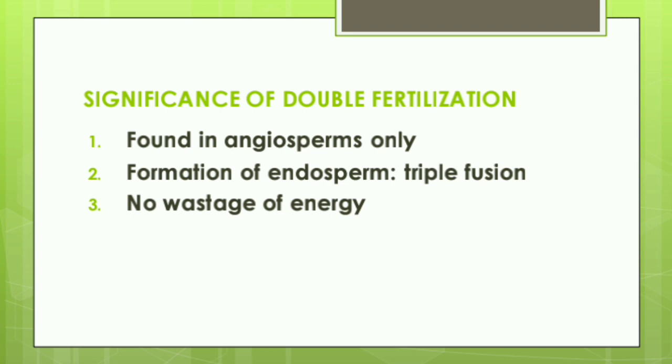The endosperm is formed only when it is needed, and the need arises after fertilization because the endosperm provides nutrition for the simultaneously developing embryo. This is a very important point, okay, that endosperm provides nutrition for the developing embryo. If fertilization fails, no endosperm will be formed. Thus, there will be no wastage of energy in the development of endosperm. See, there is no such provision in gymnosperm. There is therefore no wastage of energy on this account in gymnosperm.